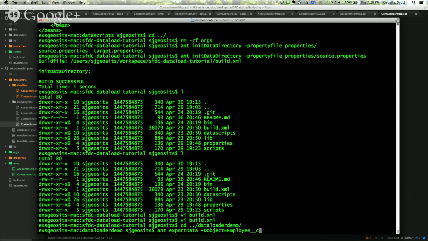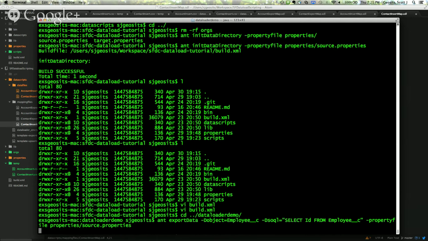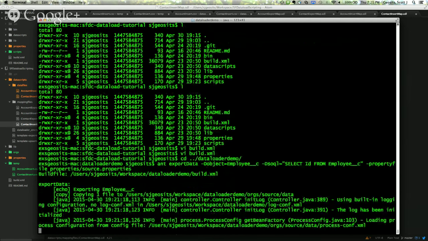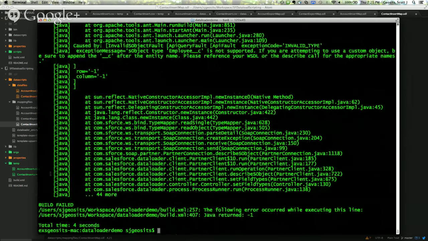So we're going to export from employee here. Then we're going to specify our SOQL query. We're going to get all the employees out of there. Now you see it. Now it's going to do a whole lot of stuff because now it's actually